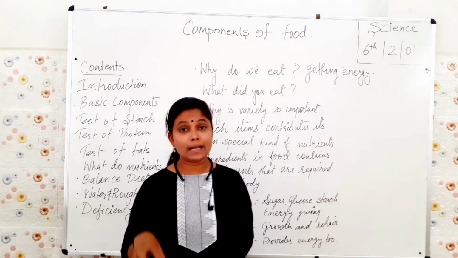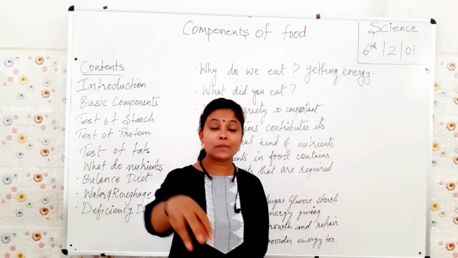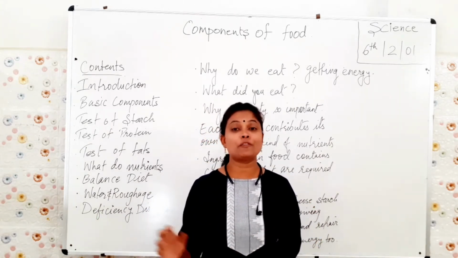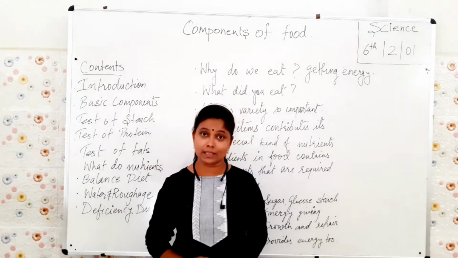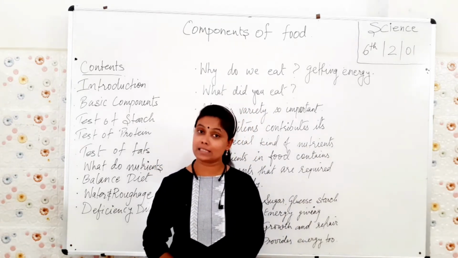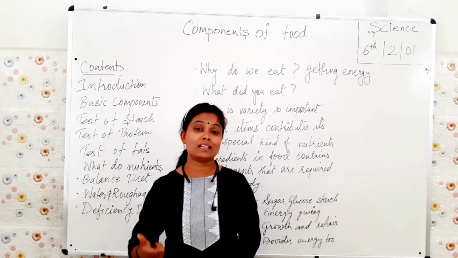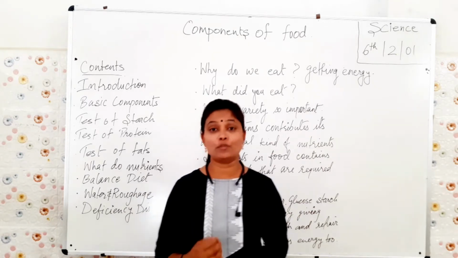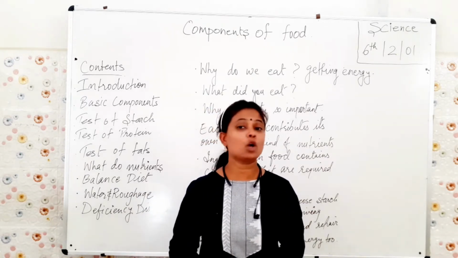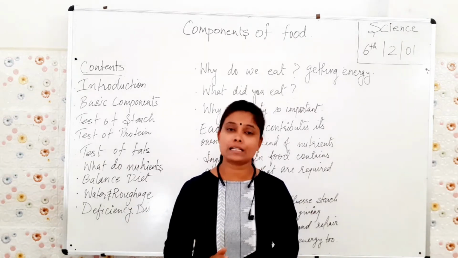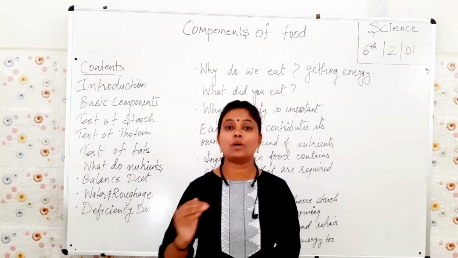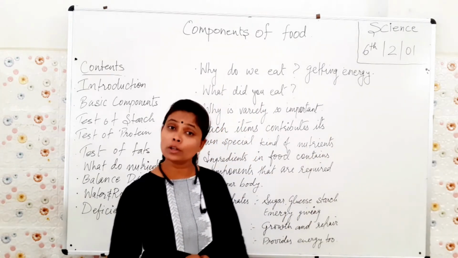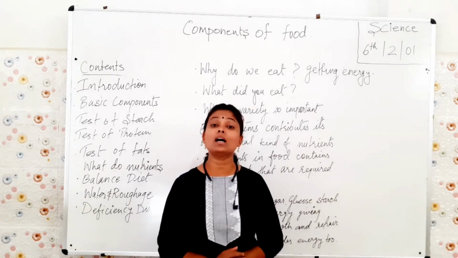Okay? But variety like if you have burger, pizza, noodles. So what type of variety have you taken? You have taken no variety, rather. You have taken a single thing, that is fats. And which type of fat is that? That is very difficult to be digested in your body. Okay, so we should avoid them. I am not saying that you should not eat it, but there are some measures that should be taken before eating such kind of food, as they are also called junk foods.